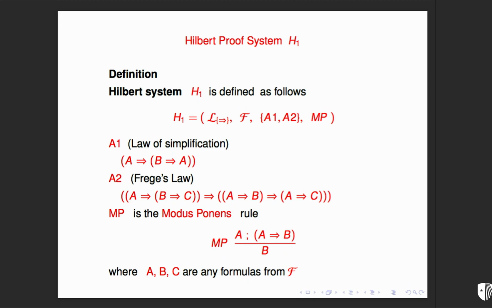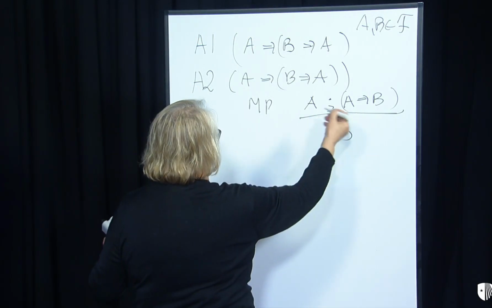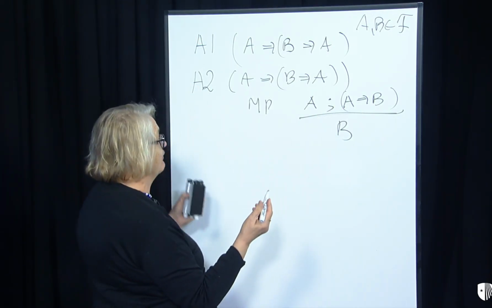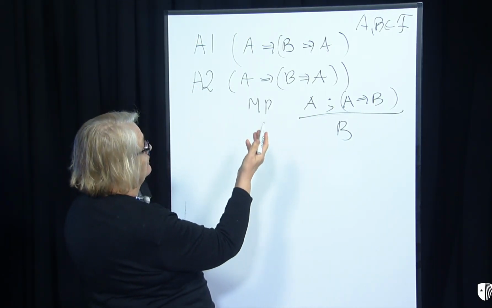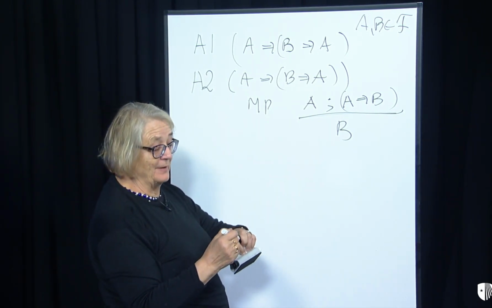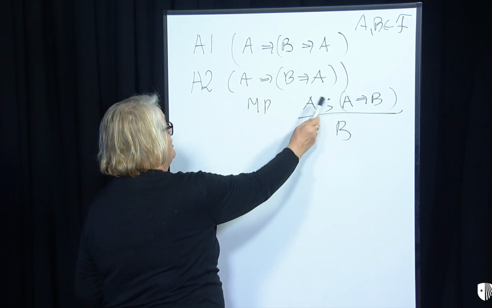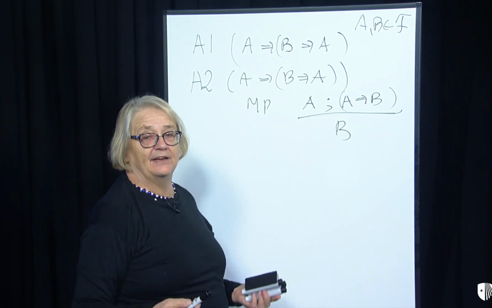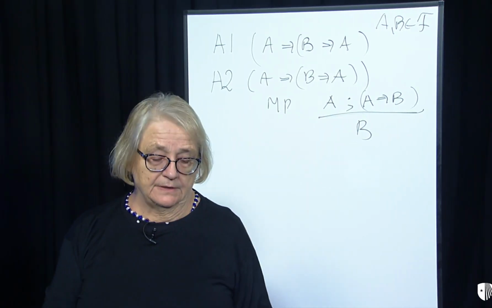And again, A and B are any formulas, so this A can be totally different than that, and B is different than that. That means any formula. We just use A and B because they are the first letters of the alphabet, but this A is not exactly this A, they are any formulas. So here is our